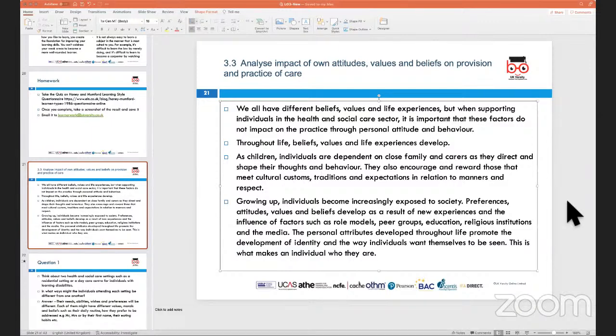Now, when I talk about personal values, we are looking at principles and standards on which we base our lives. So you could be influenced by your beliefs, your background, your education, your wider social networks, and they would inform your personal values. Personal values could also shape your personal ideas, which come from either myths, assumptions, some sort of prejudice or discrimination, or an experience that you've had in the past, and they could influence your personal values strongly,